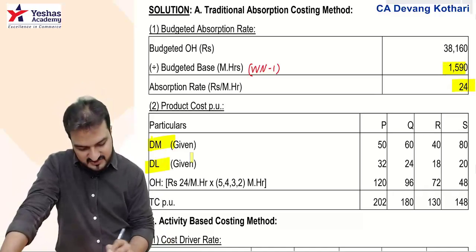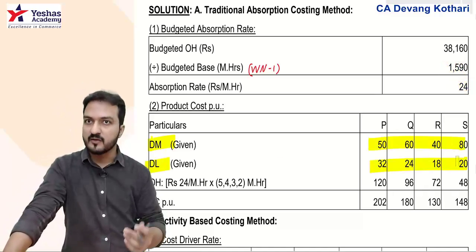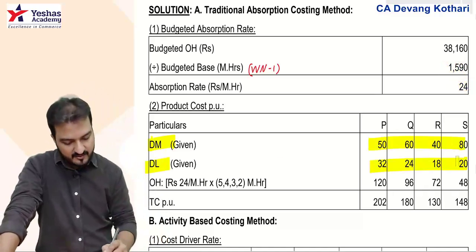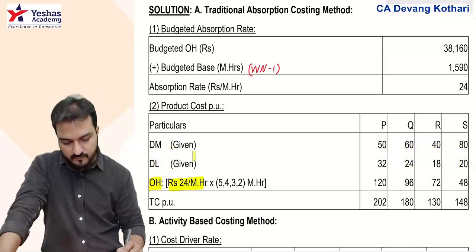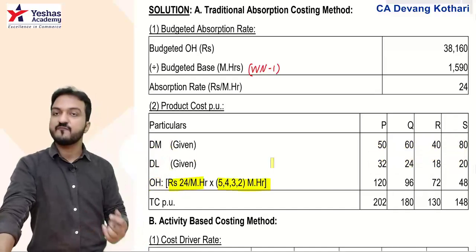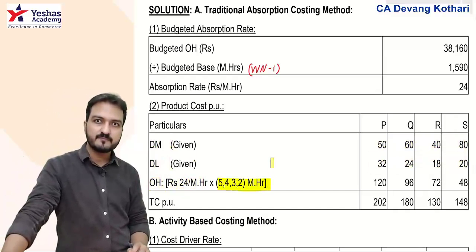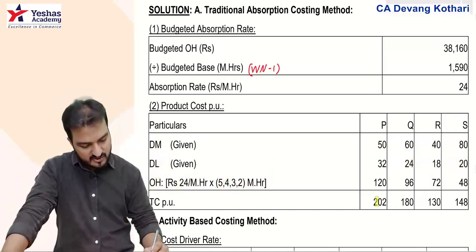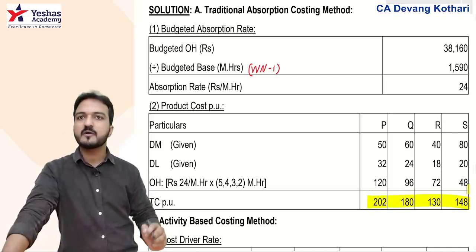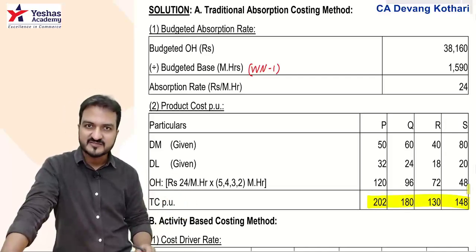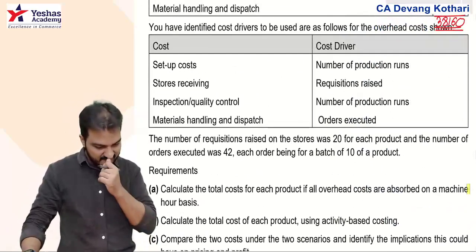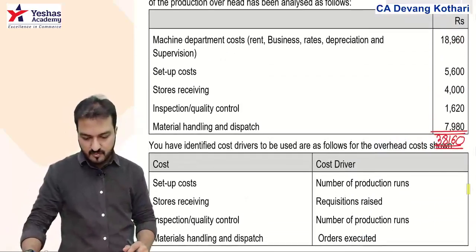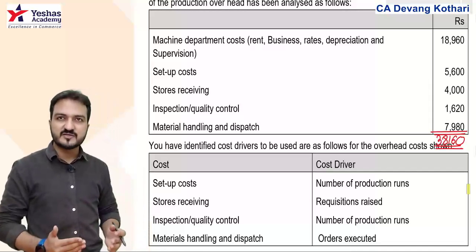Then direct material, direct labor of PQRS is already given. Overheads I add in PQRS at the rate 24 per machine hour into 5432 machine hours. 5432 you are given. Done. Well, that gives you the cost per unit of PQRS as per the traditional method. Pretty simple. Yes. But going back, for the ABC method, you now see that for the activity based costing method, this